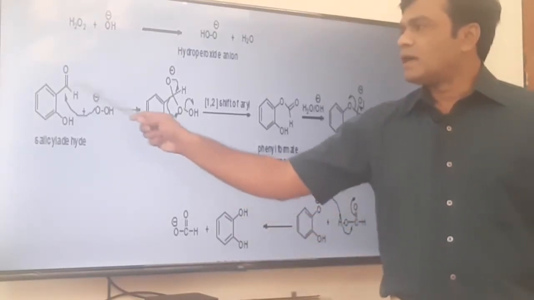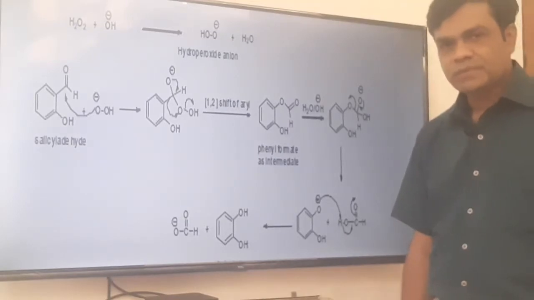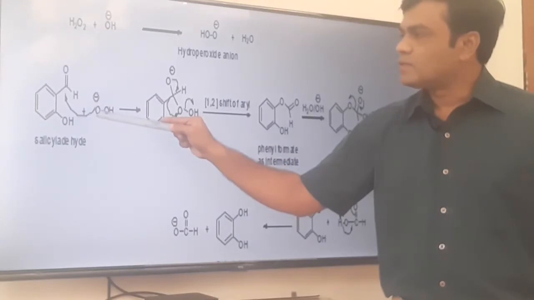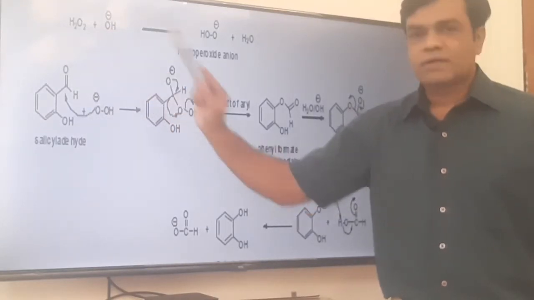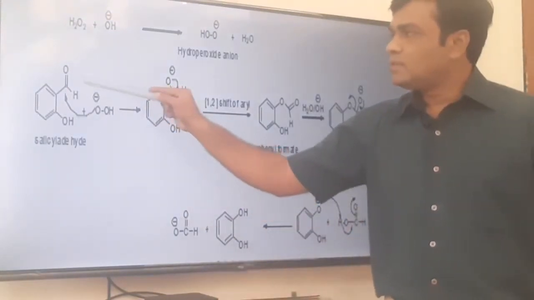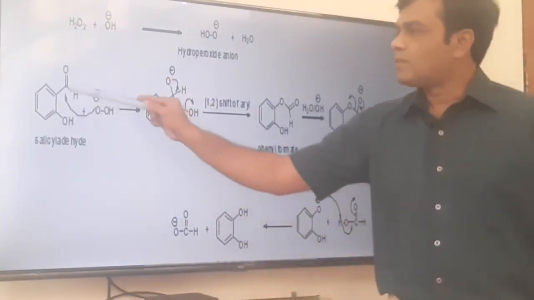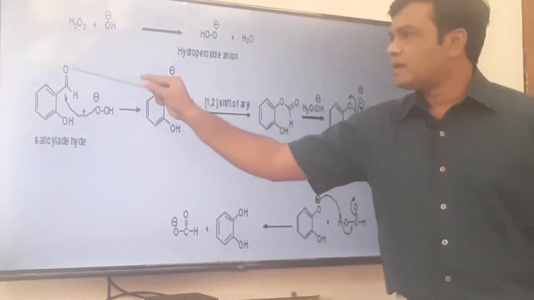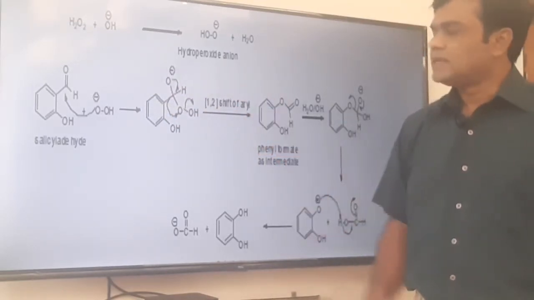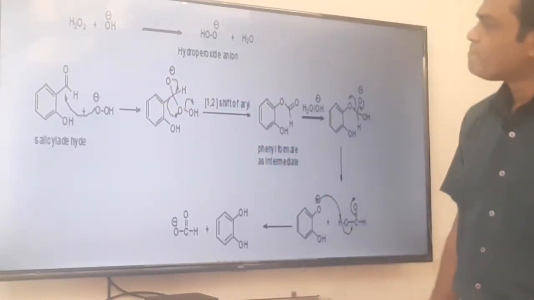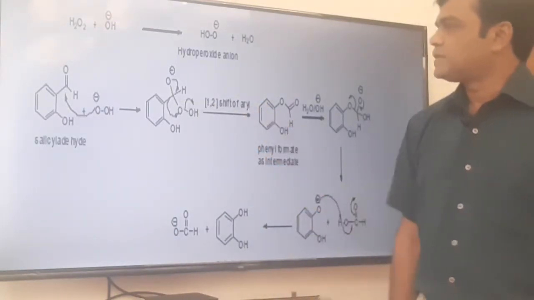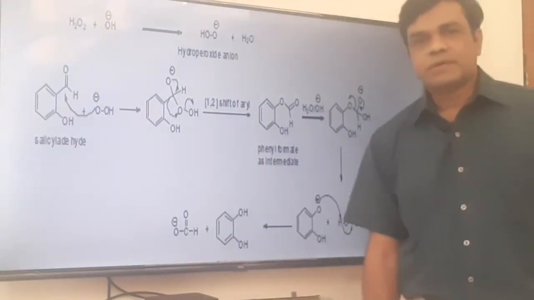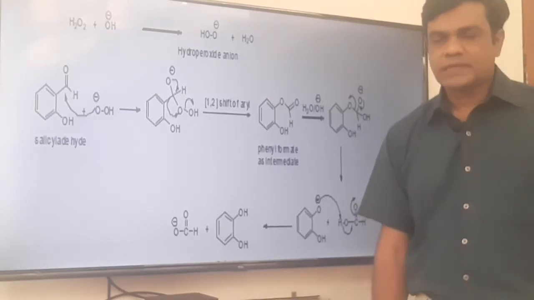Now that hydroperoxide anion, of course, is nucleophilic in nature. It will attack the carbonyl carbon, which is electron deficient in nature. We know that. When this new bond is formed between this carbonyl carbon and this oxide ion, at the same time these pi bonded electrons will open on the oxygen. So opening of this pi bonded electron on oxygen and the formation of the carbon oxygen bond take place simultaneously. So see, after opening of this pi bonded electron on oxygen, oxygen has the negative charge, that is oxide ion formation, and this carbon oxygen bond formation takes place. But it is unstable. Why is it unstable? Because oxygen is negatively charged, oxide ion is formed there.